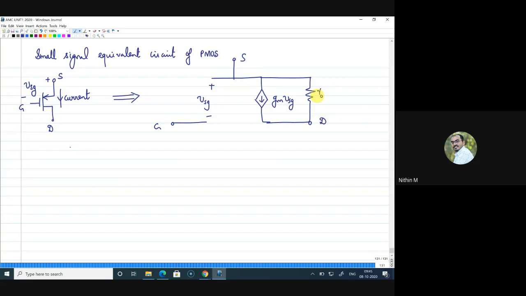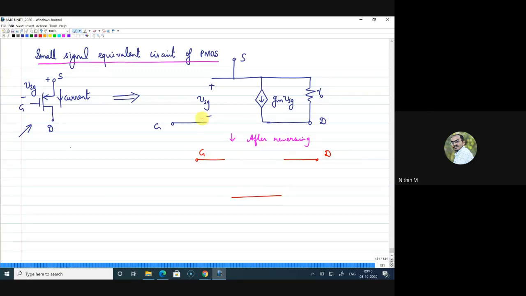Right. So this I have drawn depending on how we draw the symbol of MOSFET. When we draw the symbol of MOSFET, source will be on the top, gate left, and drain on the down. So similar way I kept source on the top even for this. Now what I'll do here is, because this is not comfortable, because we are familiarized with the other way of drawing like source on the bottom and gate and drain on the top. So we will just reverse this. After reversing, gate will come to the top. This is gate and this is drain and this is source.